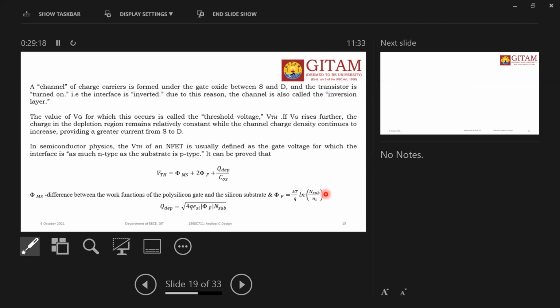So this is the threshold voltage. The threshold voltage is required first because without threshold voltage there is no channel, and without a channel there is no current flow. As we are going to discuss the IV characteristics, we must switch on the transistor first. How can we switch on the transistor? By using the threshold voltage. So I think it's clear.